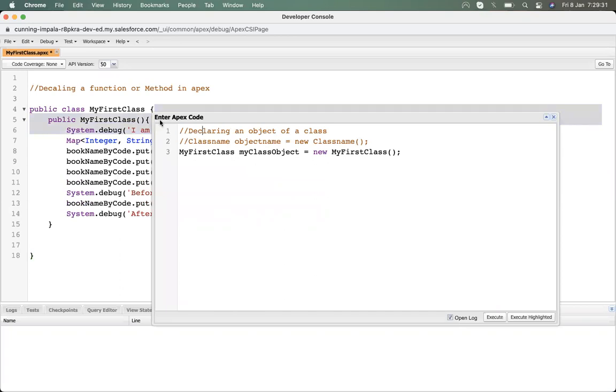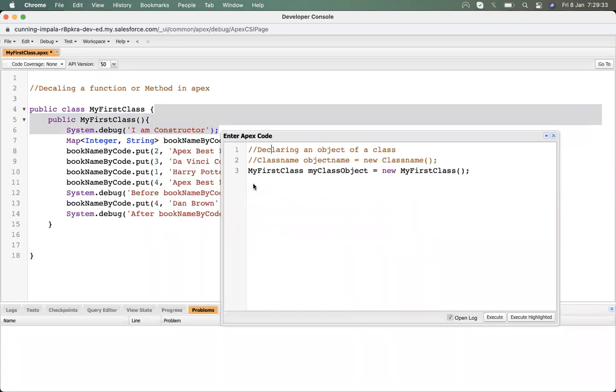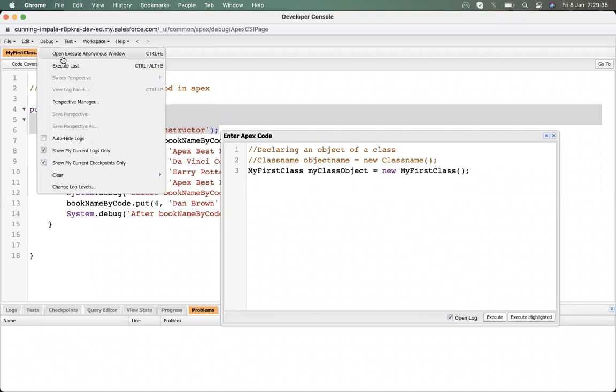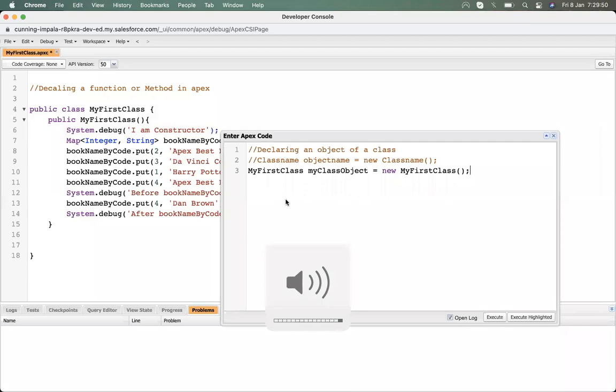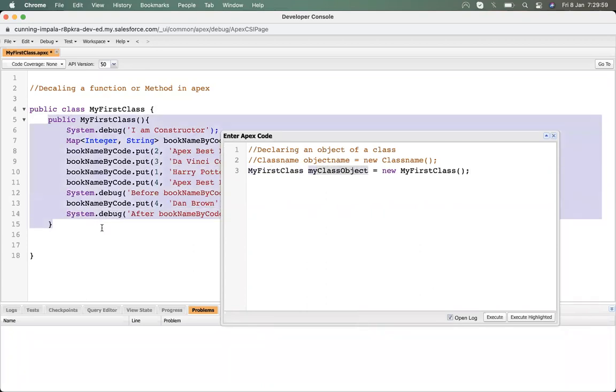I open the execute anonymous window, and here I just write the class name and create the class object. You don't need to do anything else. Whenever the class object is declared, its constructor will automatically get called.